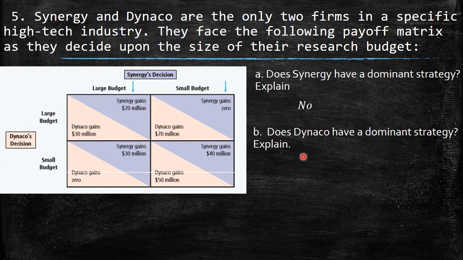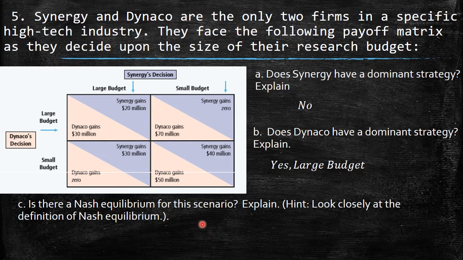Does Dynaco have a dominant strategy? Let's have a look. If Synergy plays large, Dynaco will play large because 30 is better than 0. If Synergy plays small, Dynaco will get 70 instead of 50, right? So this one should be better. For this reason, Dynaco has a dominant strategy, which should be large budget. It doesn't matter what the other's decision is, Dynaco will play large budget all the time. Okay, then